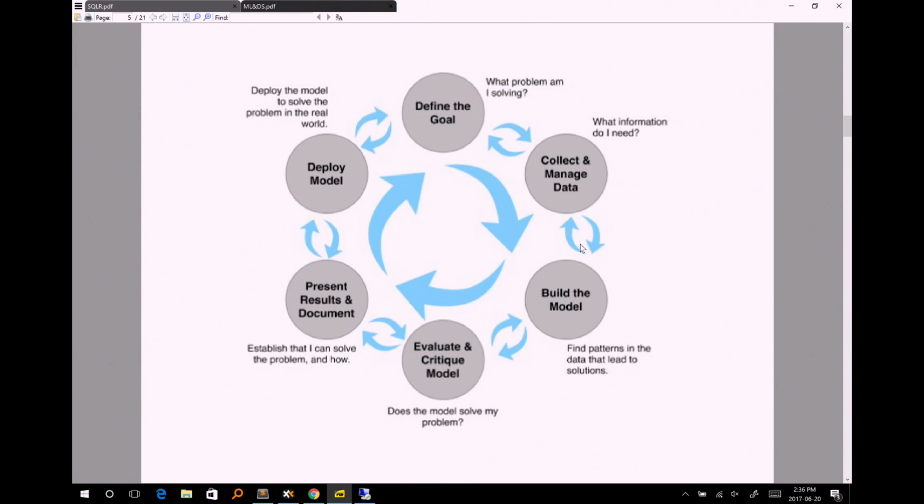I'm just going to stop briefly right here because even though we did look at this, I just want to say what we're going to talk about now is SQL Server R Services, right? So we can come back to this chart and ask, where does that play? Notice we have collect and manage data. That's where SQL fits in.